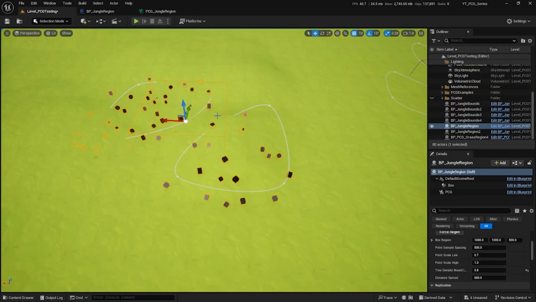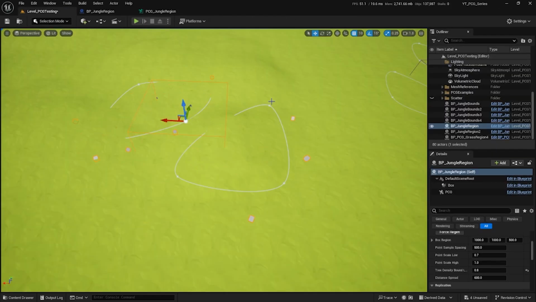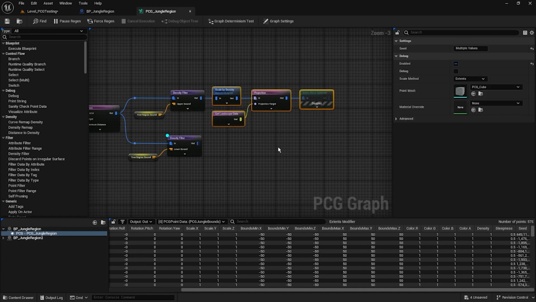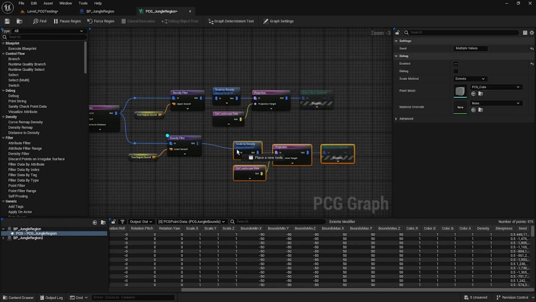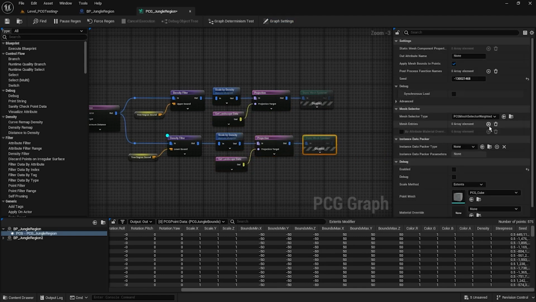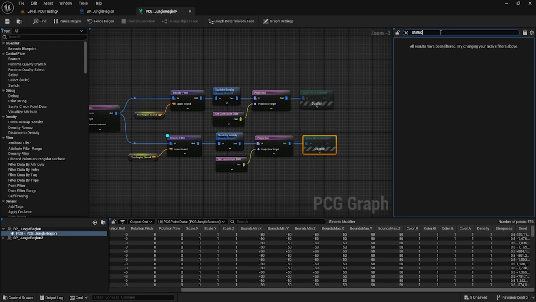If I turn off that debug, you can see I only have the bits in the middle. If I were to have that one and not that one, now I can get just the points that are on the outside. And obviously you can use this to spawn things on the external regions. Let's just use that as a demo, and let's copy the exact same nodes that we've got up there. And instead of this static mesh spawner spawning these palm trees, let's add in what we've got, static, and